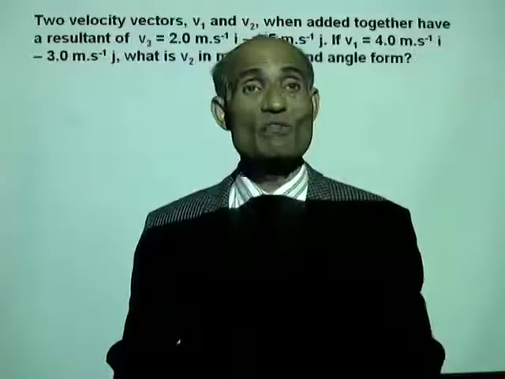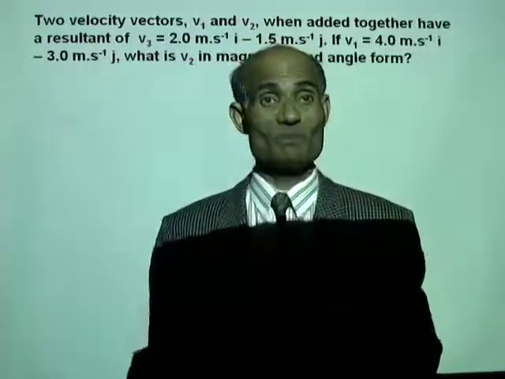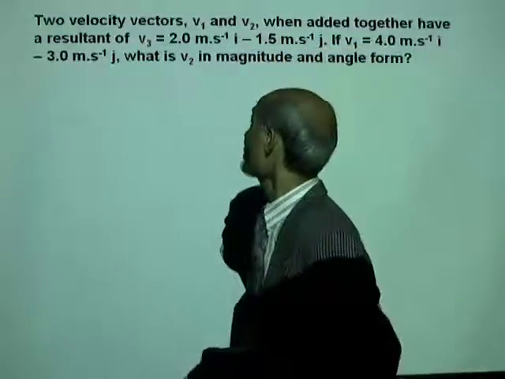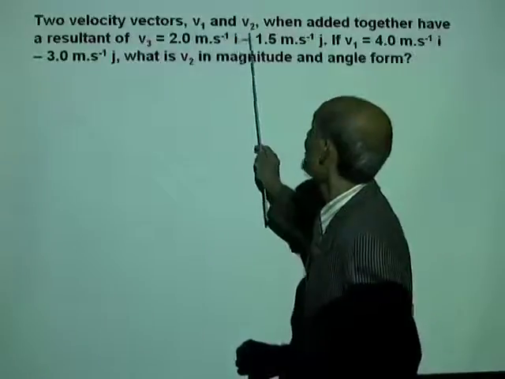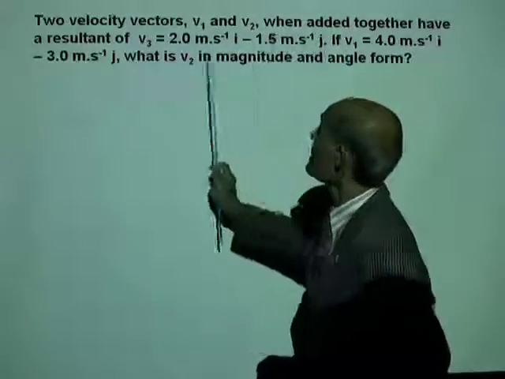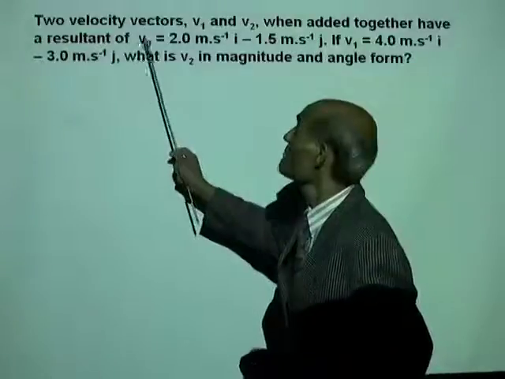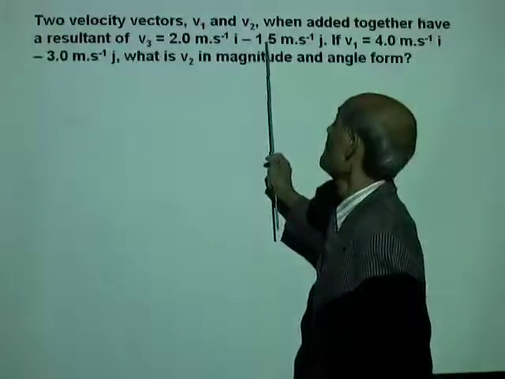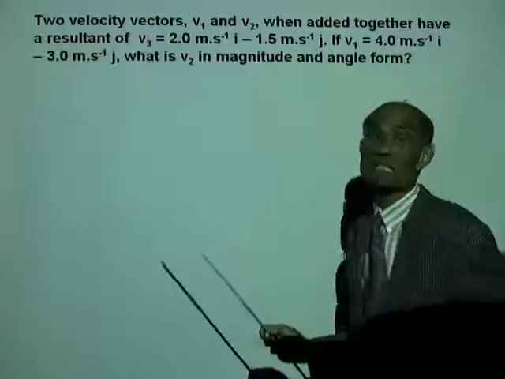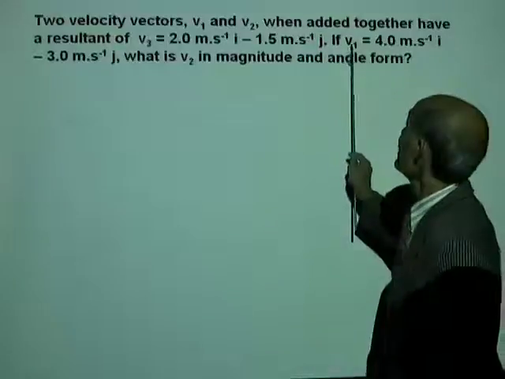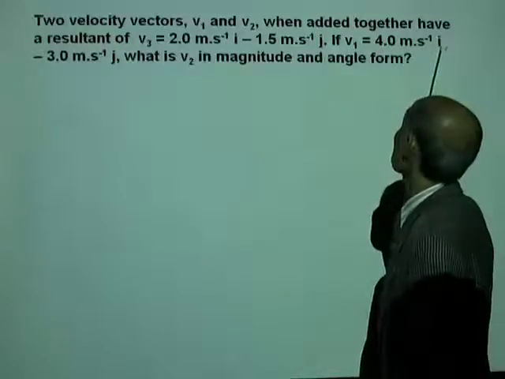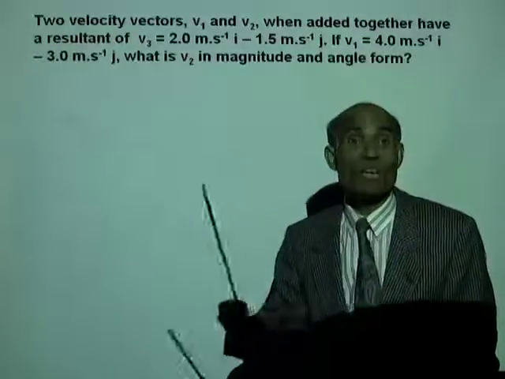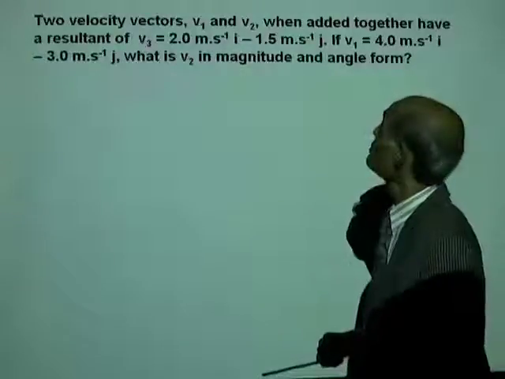With our study of vectors by solving more problems using vectors. Alright, two velocity vectors v1 and v2 when added together give a resultant v3 equal to 2 meter per second i minus 1.5 meter per second j. If v1 is 4 meter per second i minus 3 meter per second j, what is v2 in magnitude angle